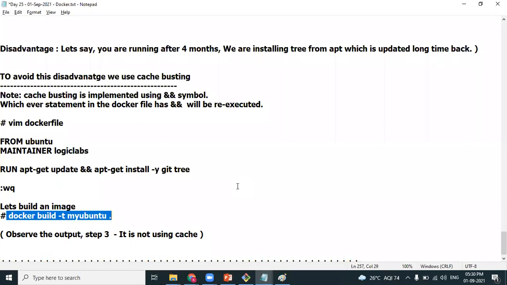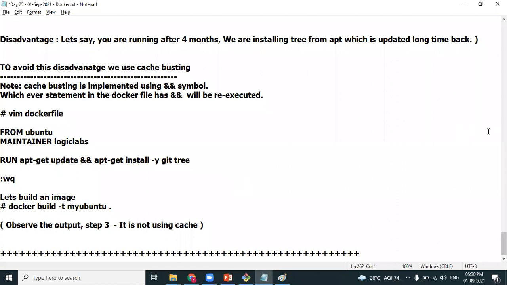Vasant, when you are updating very frequently, you want to take the advantage of the time saving mechanism. When you are doing it after 4 or 5 months, you don't want the time saving mechanism because you want the fresh software. It's up to you whether you want to use it or not. If you want to bust the cache memory, you have to use the double ampersand symbol. So this is how exactly you can use the time saving mechanism. In interviews they definitely ask about dealing with Docker file. If you update the Docker file, will all instructions be executed or only the latest one gets executed? You should be in a position to answer this. This is about the cache busting feature in Docker file.